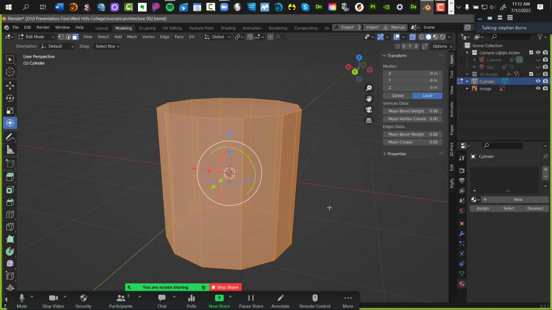Does yours look like this? Did you hit the A key on your keyboard? Yes. Okay. Mine has one gray side. Yours has one gray side. Did you hit A on your keyboard? Yeah, I don't know what it is. All right. Did you hit your number 3 key on your keyboard? Hit A again. It should select everything. It is not, I don't know. Hey, he needs to get on the computer. The password's not working on all the computers. Oh, really? Oh, no, yours is fine. So this one's not working? I don't know if it's on or off.